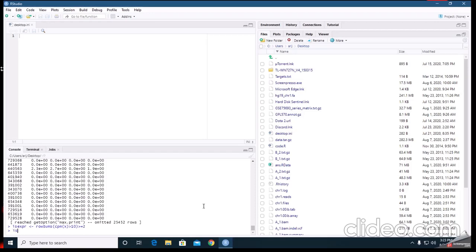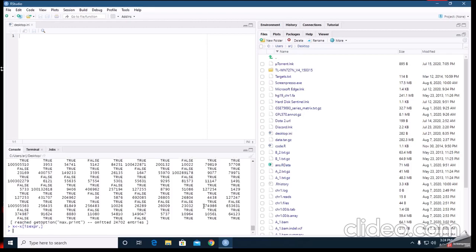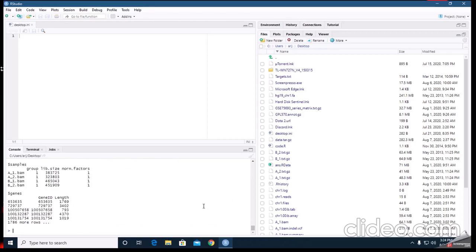See this? Now we are modifying our data, and we convert our data into expression data. By is expression. This is a function. See this? Now this is our expected expression data, okay?